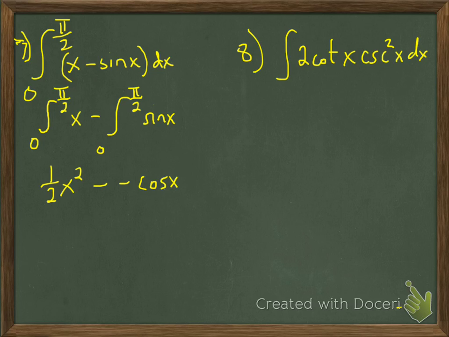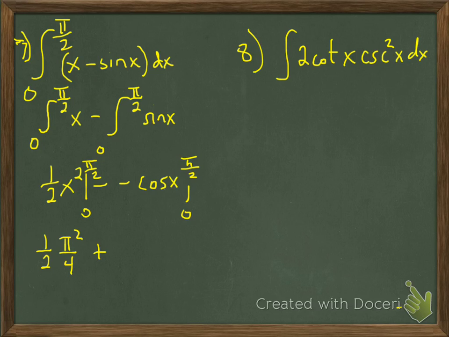Now both of these are definite integrals, so we want to go and plug in our numbers. So when you plug in pi over 2, you get 1/2 pi squared over 4